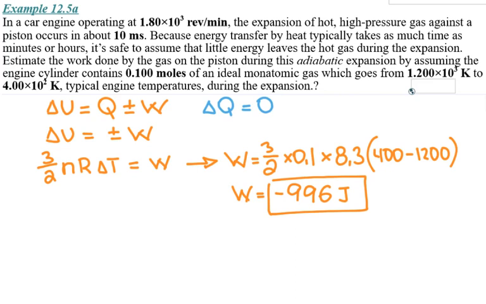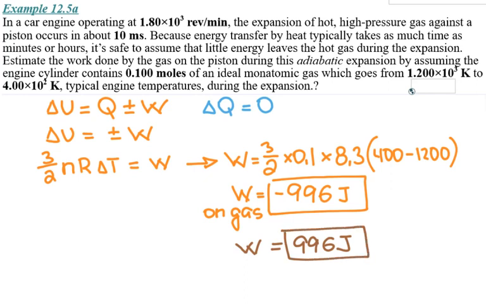So it is a negative work done on the gas. Actually, on the gas, the negative work is 996, but the piston rose, so the piston got some energy from the gas, so the work done on the piston by the gas is 996 joules positive. So again, depending on how the question is asked, and because they say what the work was done on the piston, not on the gas, so on the gas the work is negative, but on the piston